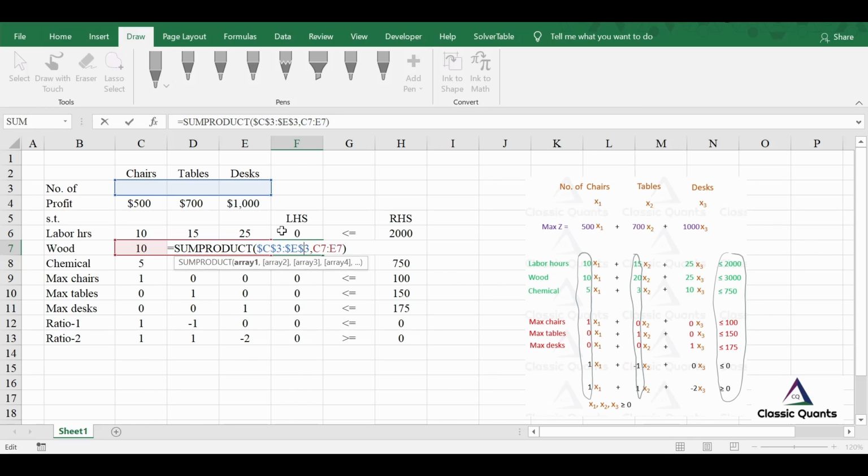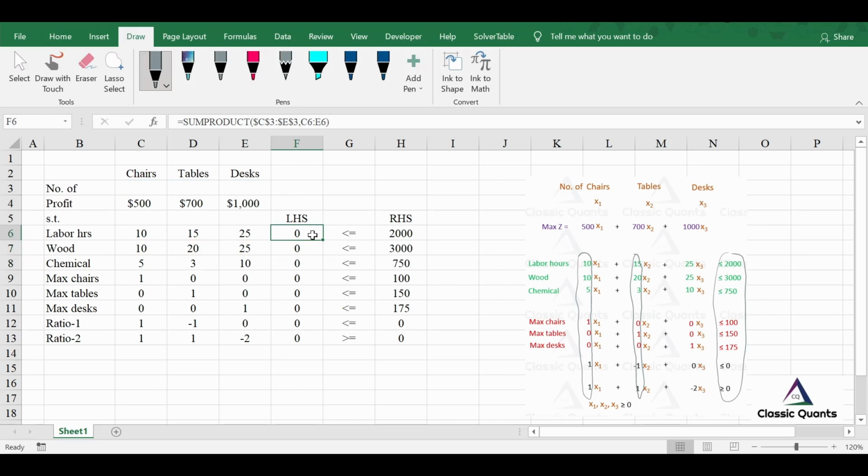If we hadn't done this, then instead of C3 E3 it would have been C4 E4, and that would be incorrect, and therefore we fixed the C3 E3 array here. Hope you understand.